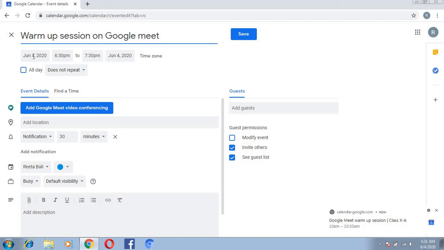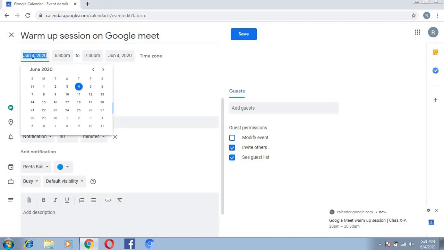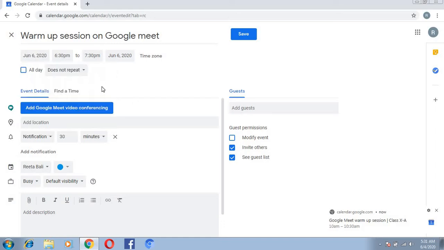date. So click on this date, you will find the month of June 2020, and suppose I have to conduct a meeting on 6th June. So I'll click on the 6th June, and in this way the date is selected. After that I have to select the time.